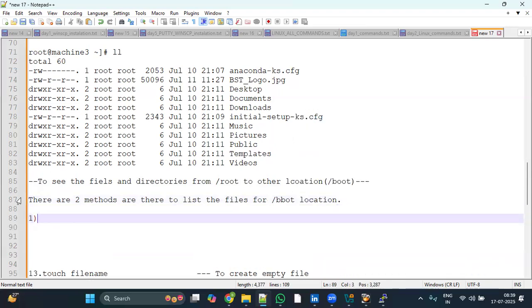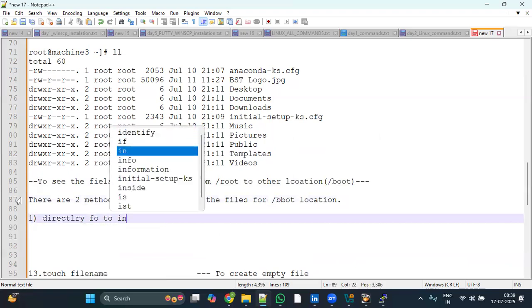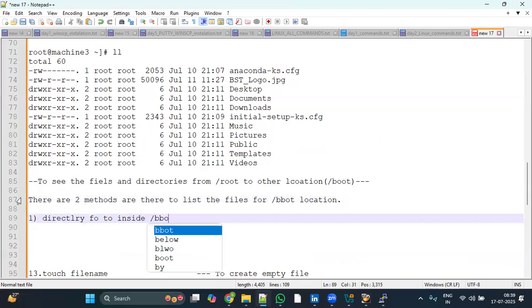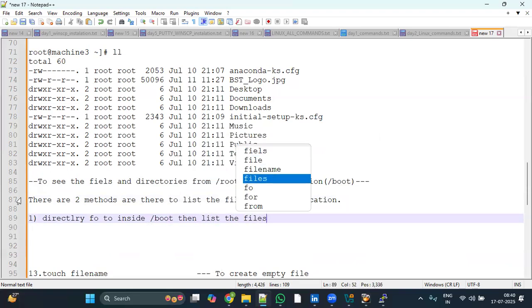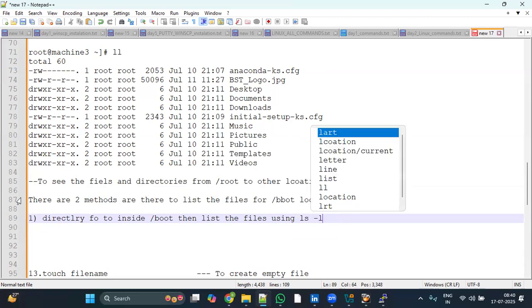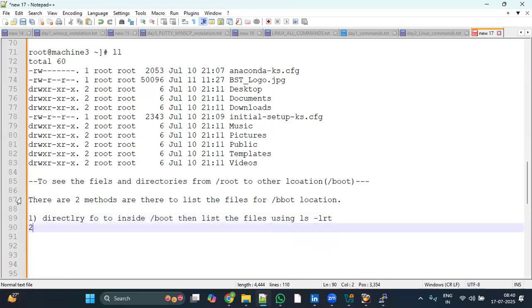One is to directly go inside /boot, then list the files using ls -lrt, which we know. Second,